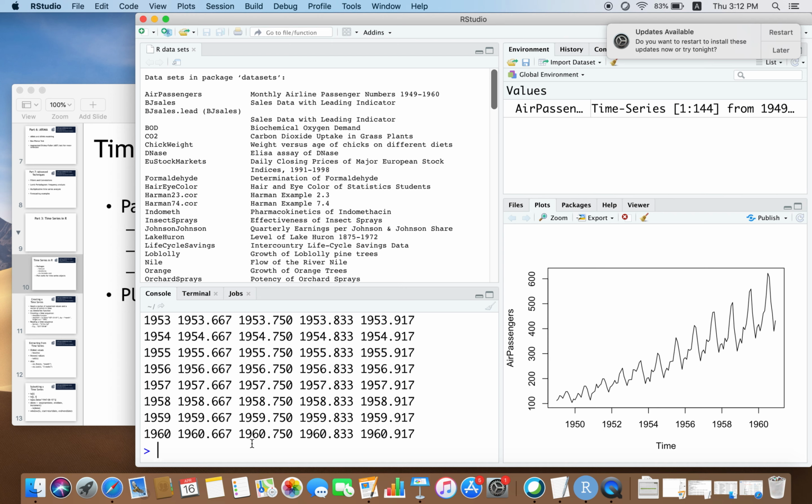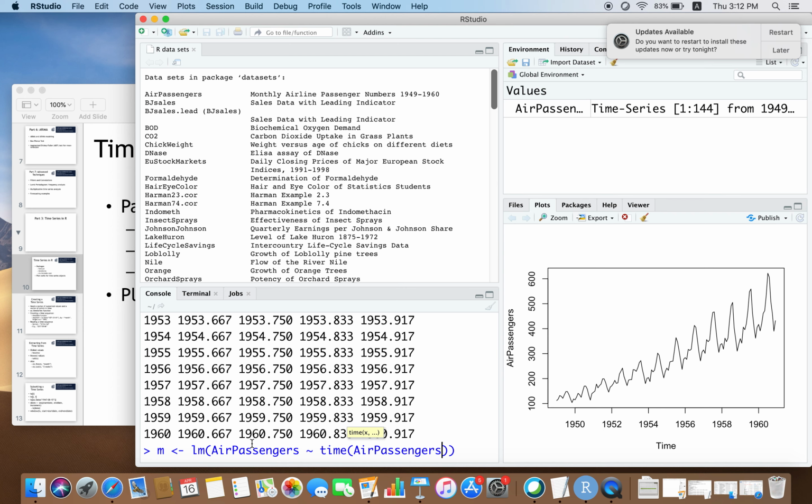And I can do something else. Suppose I want to get the trend in this particular time series data set. One way to do that is using linear regression. So, I am going to call the linear regression function lm on the AirPassengers data against its own time component.